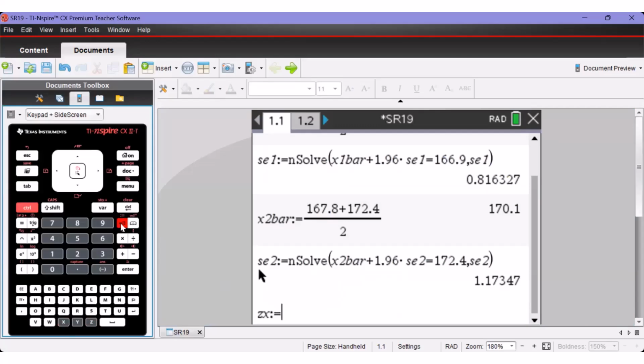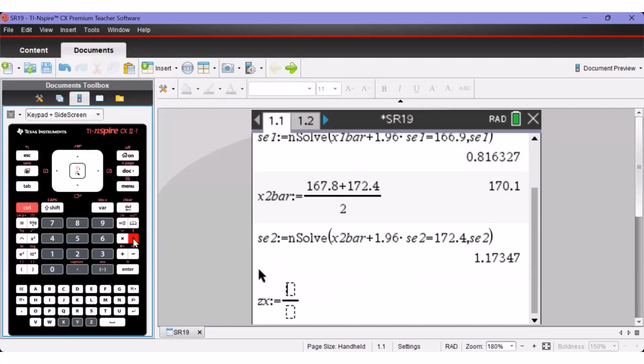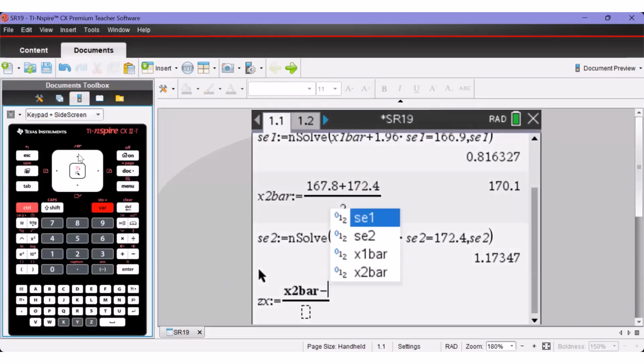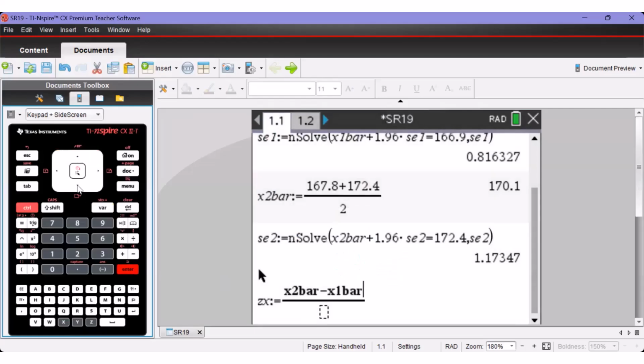Let's assign that to be control divided by the fraction template. We're going to be using the var key here to call up our assigned variables. It's going to be x2 bar minus, pressing var again, x1 bar, come down to the denominator,